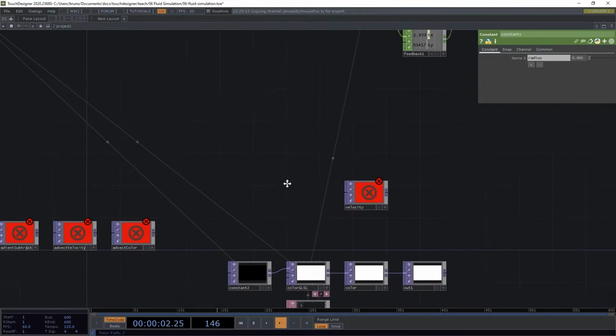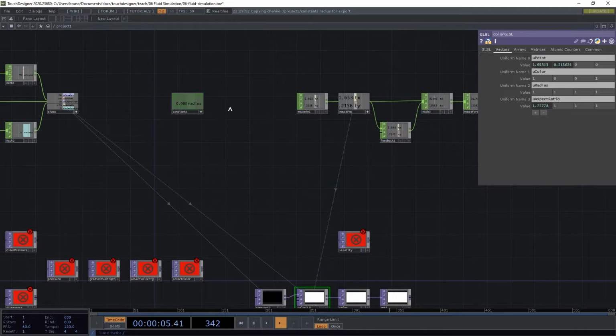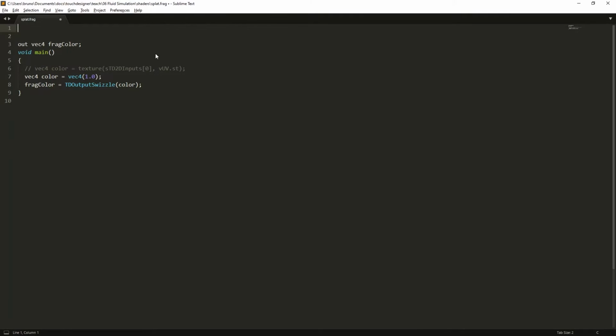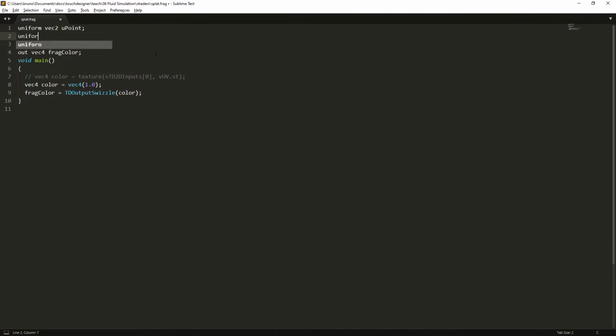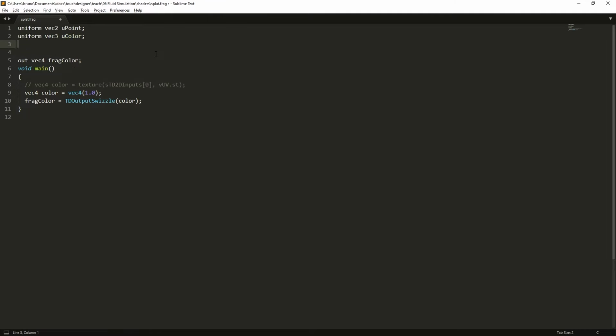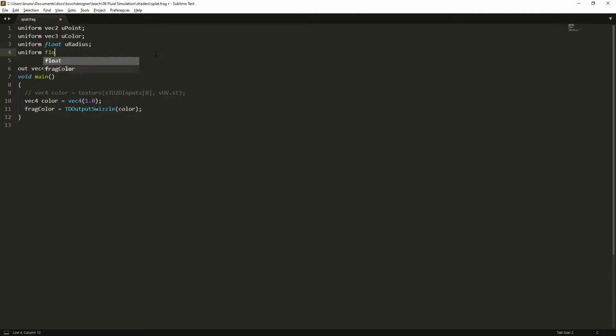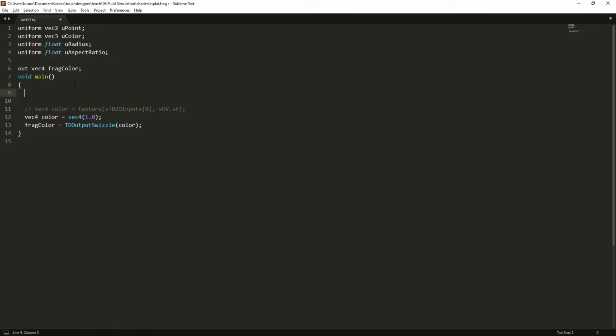Pass that into our uniforms and we are ready to finally start writing our shader. First we need to declare all of those uniforms: uniform vec2 uPoint, uniform vec3 uColor, uniform float uRadius, and uniform float uAspectRatio. Then we want a coordinate that is the delta between the current UV and the point, p equals vUV